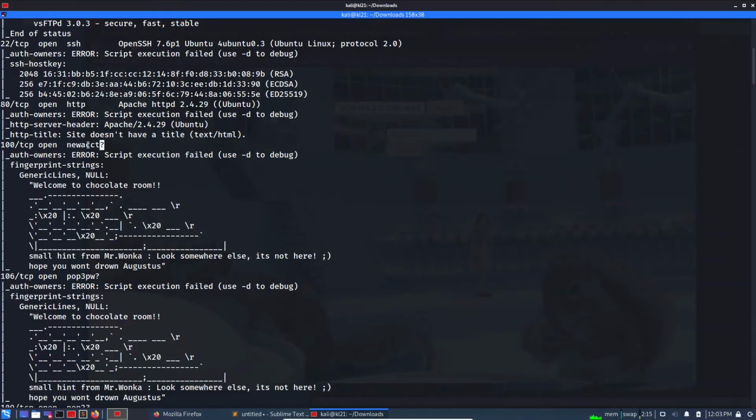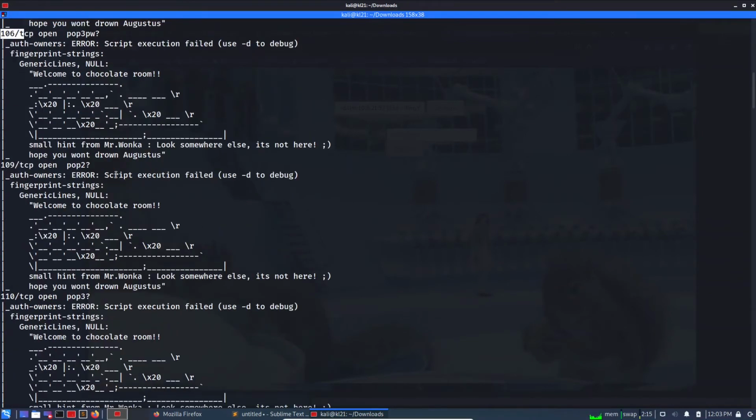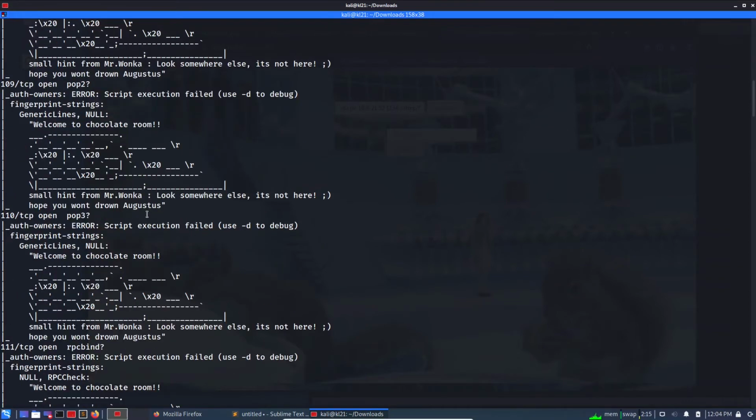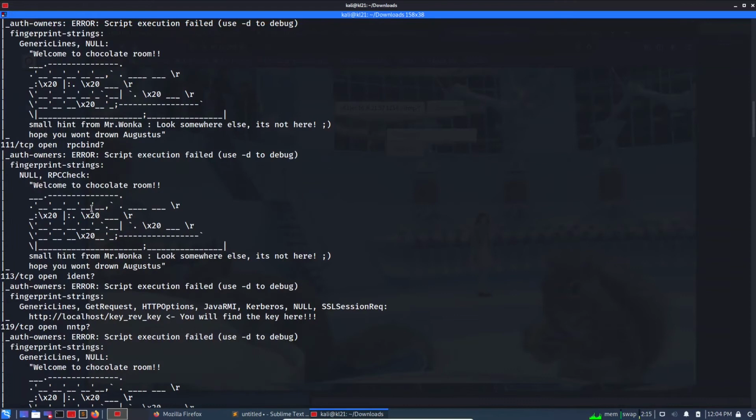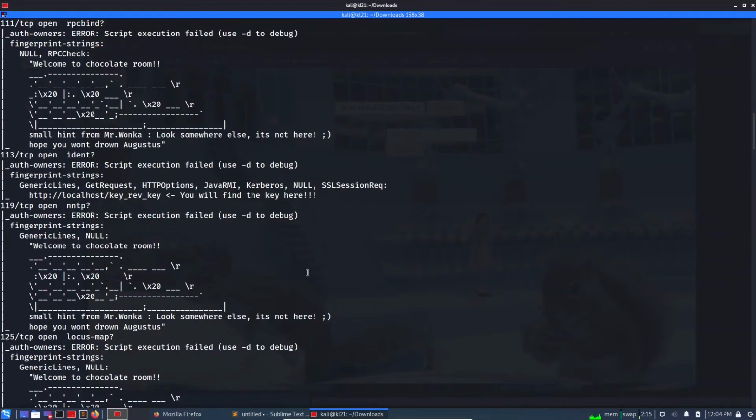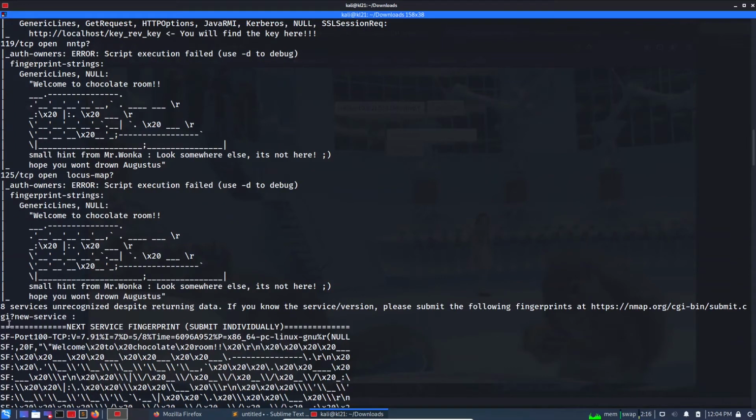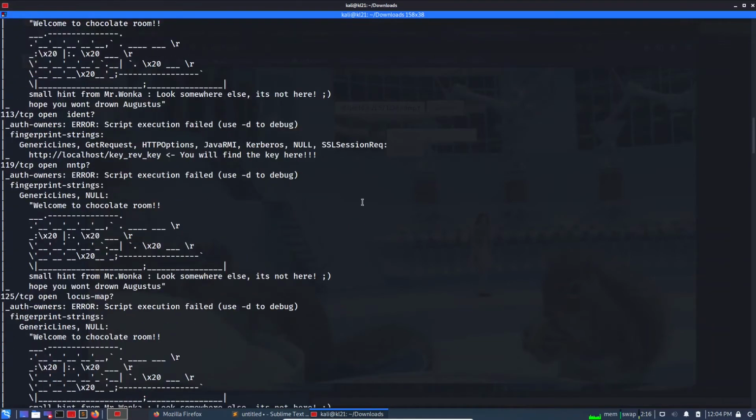So it is not able to detect the exact service for these ports 100, 106, 109. Small hint from Mr. Wonka, look somewhere else, it is not here. And the same thing is mentioned on all the ports. These are the fingerprints of all these services which Nmap is not able to recognize. So this is not the exact service, something else is hosted on these ports. So for now, let's do the FTP thing